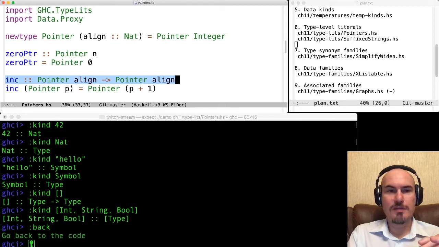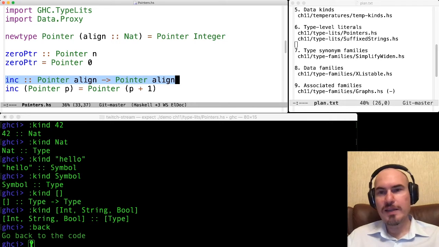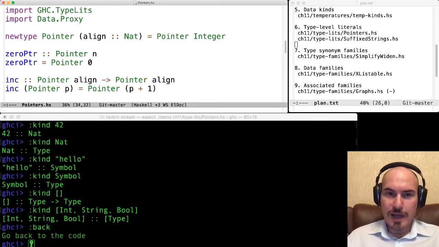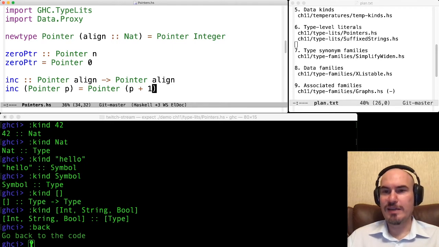So we had a pointer aligned with this alignment, and it keeps it. So we cannot change the alignment of a pointer while using this function. And then I add 1 here, but I mean that the actual pointer value is aligned, so it will not be plus 1, but it will actually be plus alignment.